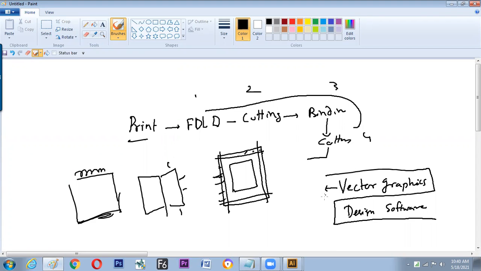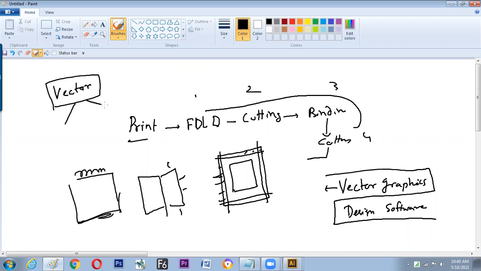What is vector? The graphics which are done with a mathematical formula are called vector graphics. Vectors are mathematical shapes and objects, and basically vectors are of two types. So now we are switching into the software. As per the basic element, we are going to handle the vectors.